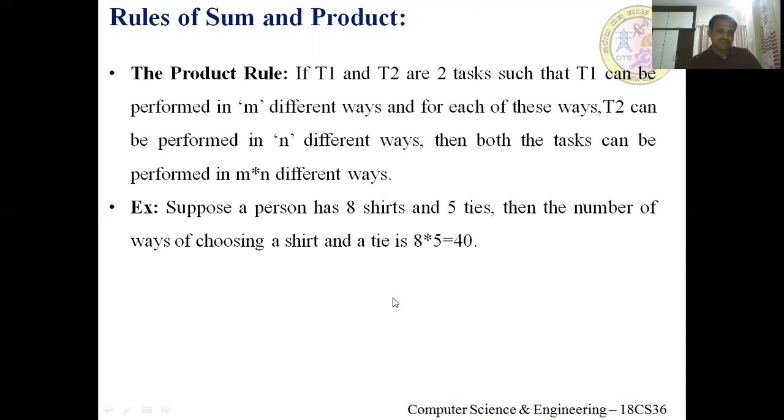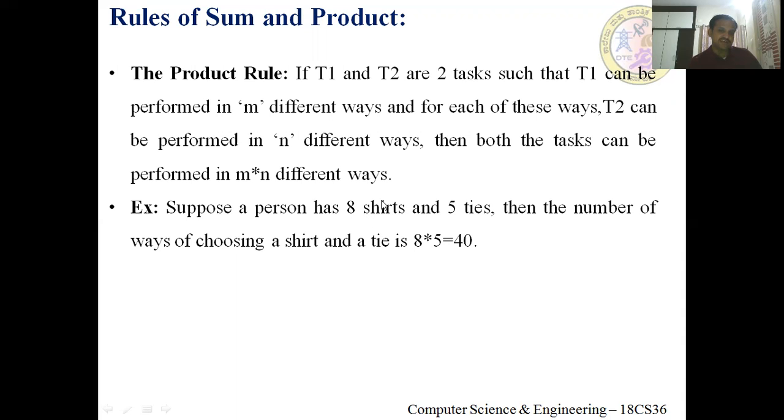Suppose he has chosen S1, then he can choose T1 or T2 or T3 or T4 or T5. Similarly, after choosing S2, he can choose T1, T2, T3, T4, T5. Similarly, the total number of ways of performing this activity is 8 into 5,